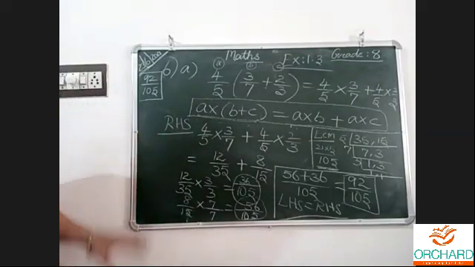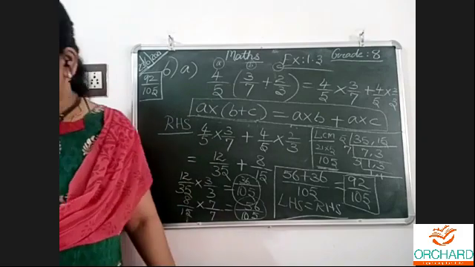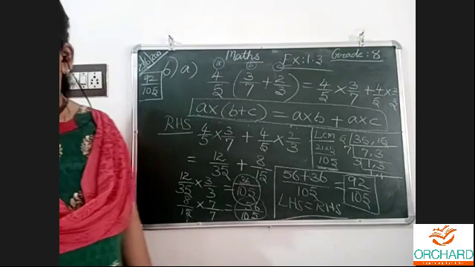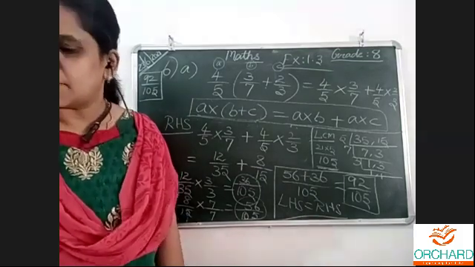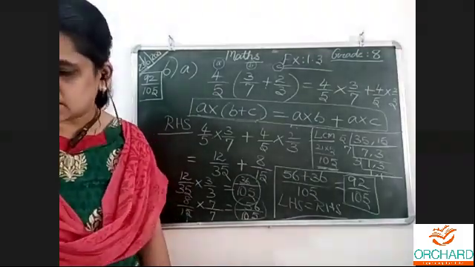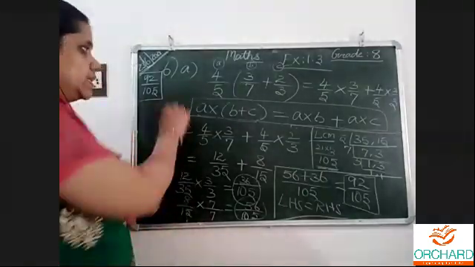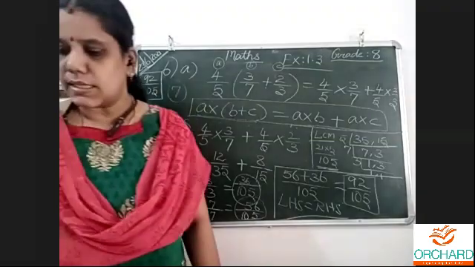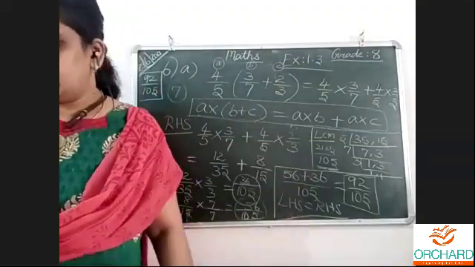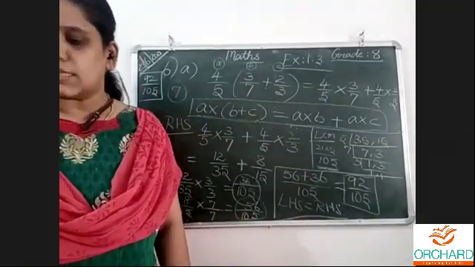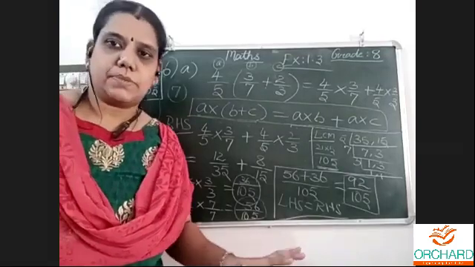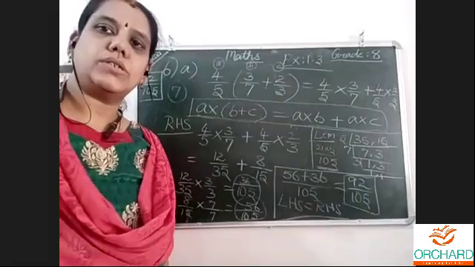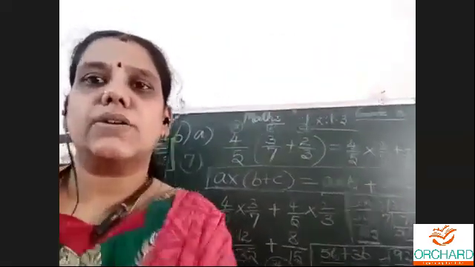So 6A we completed. 6B homework sum. The last one is the 7th question. Next page also sums are there. Tomorrow I will start at question 7. On the back side there are 7, 8, 9, 10. This is the last exercise of the first chapter. Tomorrow we'll do. Any doubts? Ask or type.